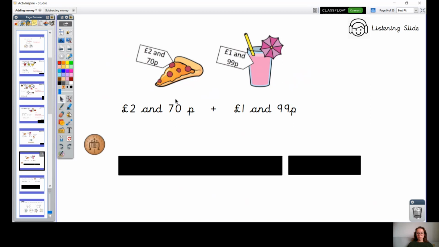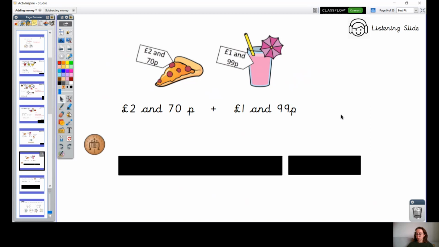Now, I'm just going to show you a really simple way of adding these two costs together, because at the moment they look tricky to add together, but we can do something to make it lots easier for us, especially when you've got 99p within one of the costs. So we want to calculate what is £2.70 add